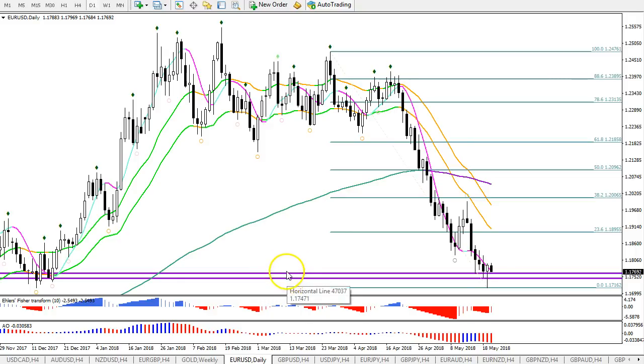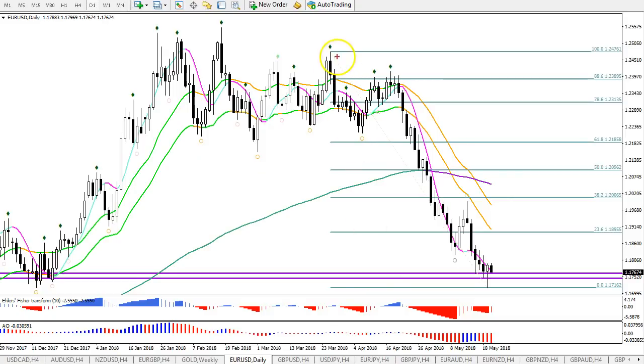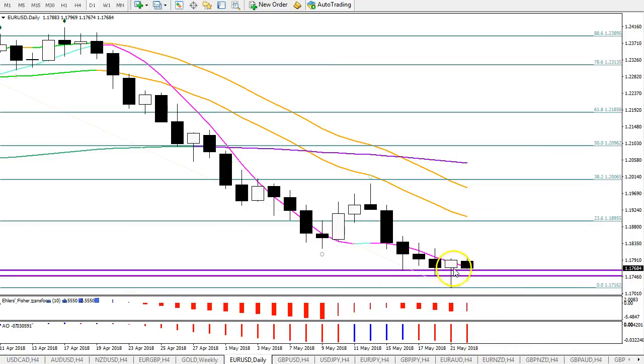Now, euro dollar, I think, is very interesting because it has a very key bullish daily candle, a pin bar really, because it's been in a very strong downtrend so far. And it looks like price is actually making a 5 wave, 1, 2, 3, 4, 5, like this. I think it looks pretty clear to me. Now, whether the wave 5 is finished or not remains to be seen, of course, but a bullish candle like that